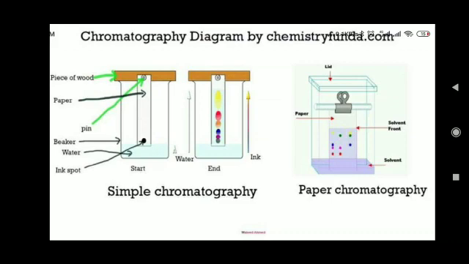This is a diagram of chromatography. As you know, the word chroma means colors. The process of chromatography is used to separate the components of a mixture. The colored component that is soluble in water rises faster, and in this way the colors get separated. This technique was first used for separation of colors, so this name was given chromatography. Chromatography is the technique used for separation of those solutes that dissolve in the same solvent.